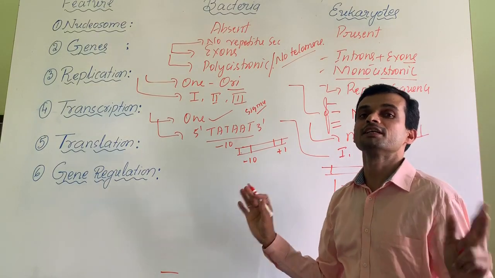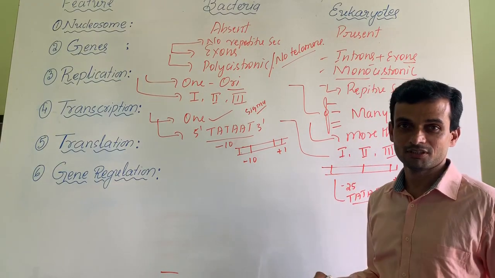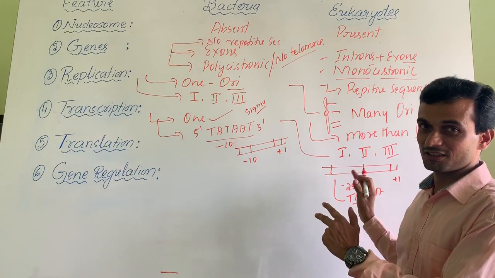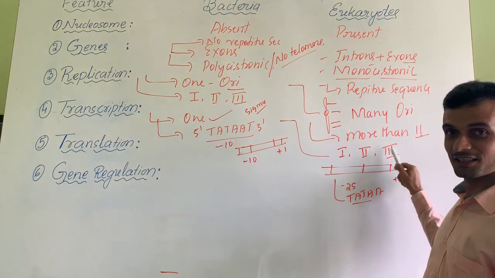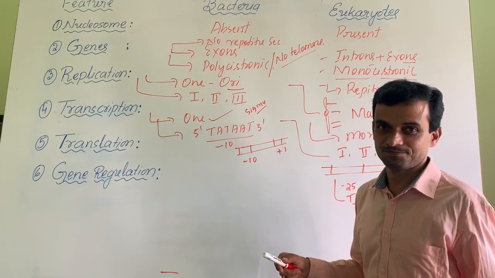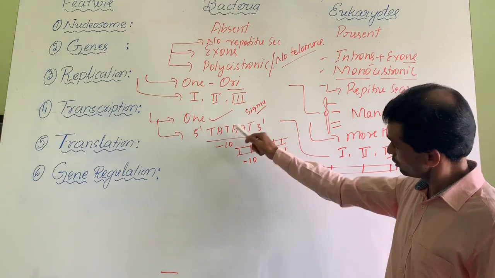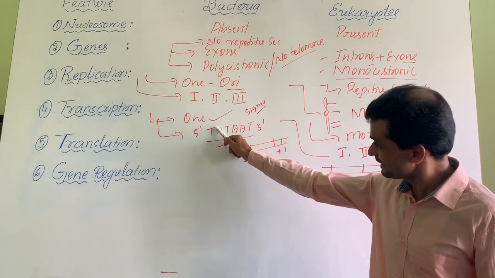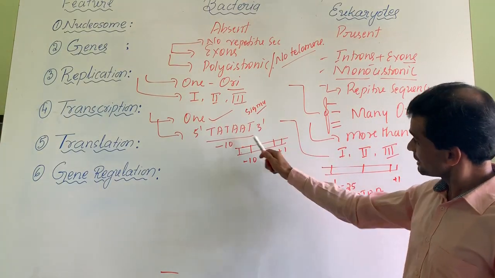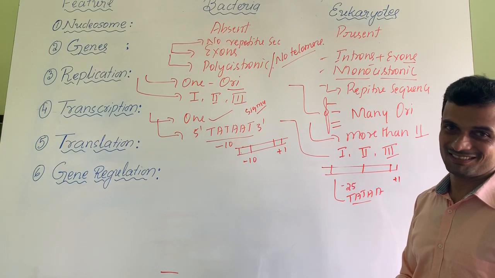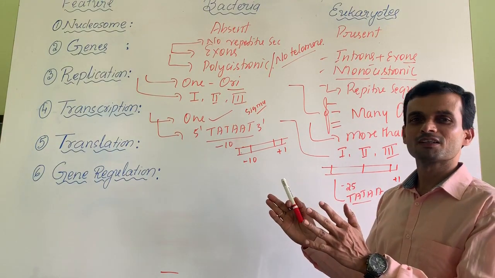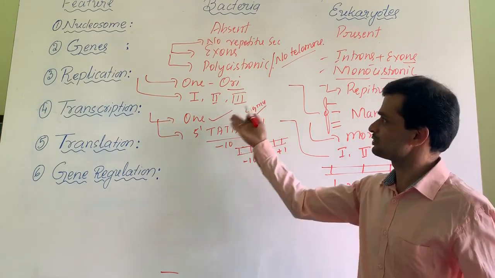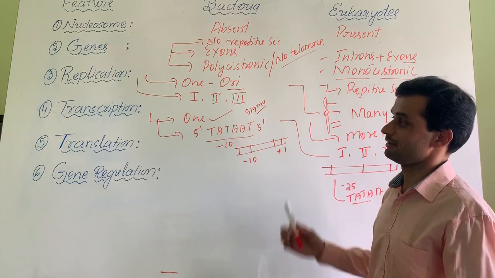Eukaryotes depend on so many transcription factors, such as zinc finger motif or steroid hormone protein complexes. I'm telling you about factors that bind to RNA polymerase and help in initiation of transcription. They're called transcriptional factors. So those factors are different. What have you understood here? Promoter sequence is different, enzyme is different, and transcriptional factors are also different. But transcription is the process of transfer of information from one strand of double-stranded DNA to RNA. That's all. But at molecular level, there are many differences.